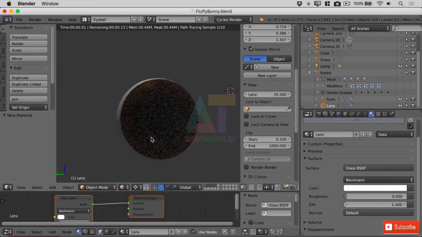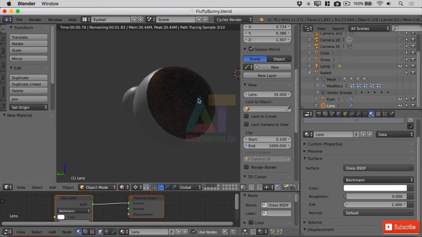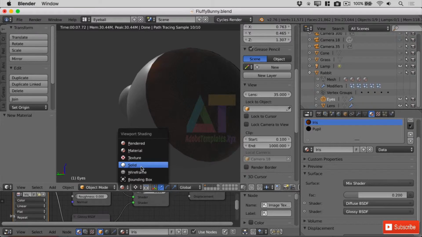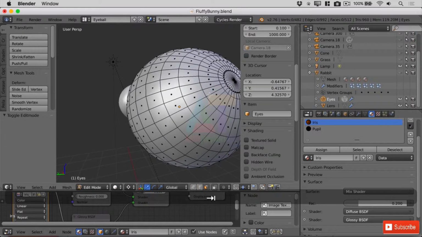Okay, that's not quite right at the moment, because the two meshes exist on top of one another, and we don't want that. So we'll need to lower the eyeball itself, or actually push out the lens. In fact, in this case, I'm going to do both. So let's go back over to the eyes themselves, switch back into solid mode, over into edit mode, and let's